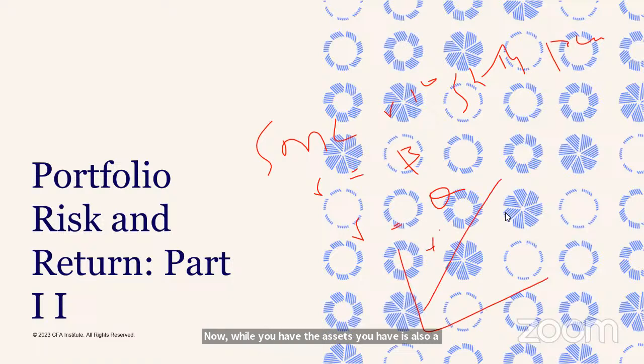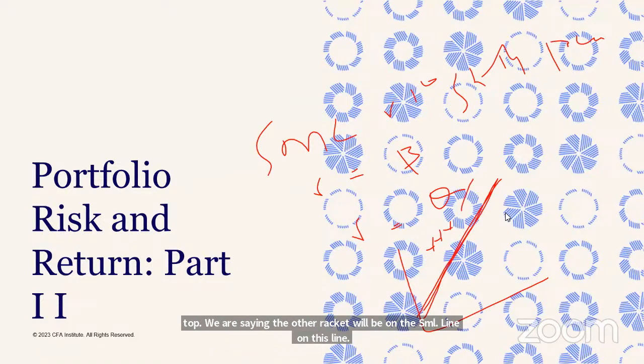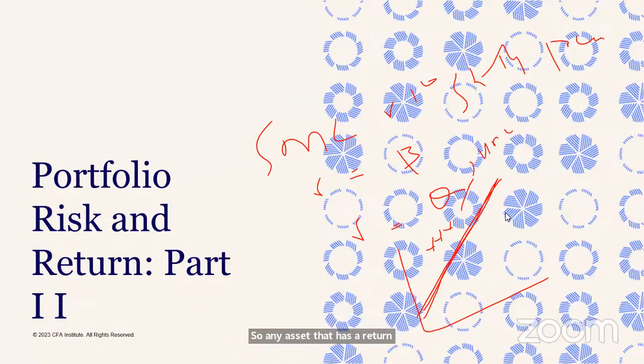Now, when you have assets on top, we are saying the assets that are rightly priced will be on the SML line, on this line. So any asset that has a return above that line is said to be undervalued, while any asset that lies below is said to be what? Overvalued. And remember, when you want to add to your portfolio, we say invest in undervalued assets and sell off